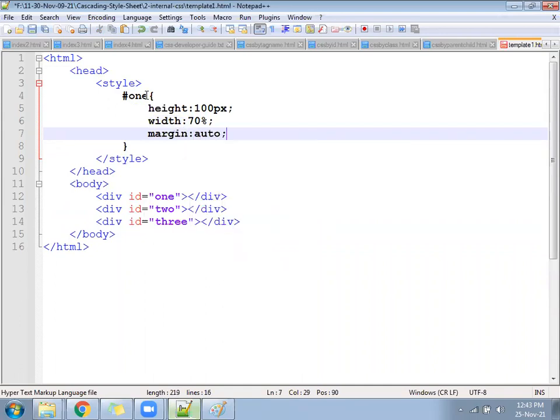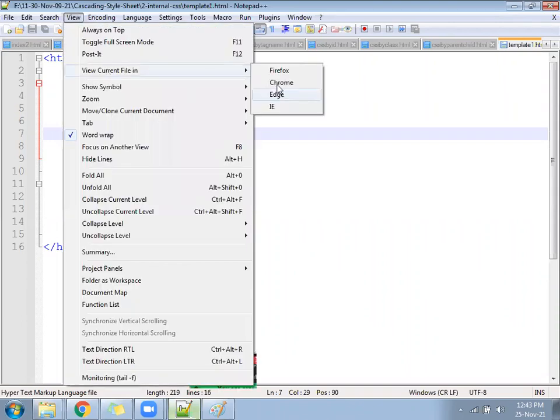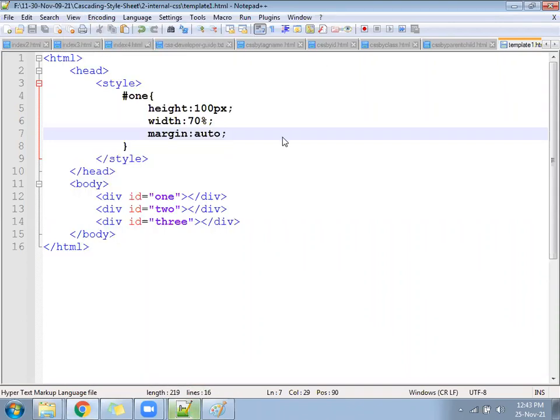So will it come something? It will give one division. First division will come. Let me check once. First division has come.